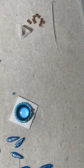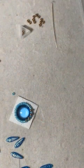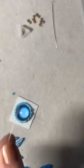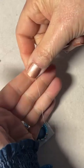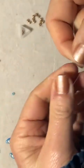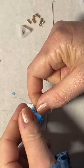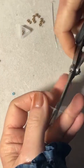I'm just going to join my thread here. So I'm going to add a new piece of fire line to my existing piece. One of the ways you can actually use fire line is to join it really easily to its beadwork. So I've got my existing piece here, and it's a bit hard to see because it's a crystal, but there's my existing piece. What I'm doing is I'm just tying a really loose loop in my new piece of thread, and I'm just popping that loop over the top of my existing tail that's sitting there on my working thread. I'm just drawing that close. I'm then just going to snip off those ends